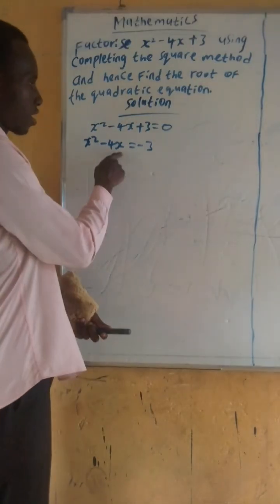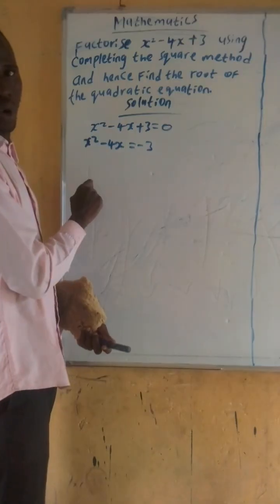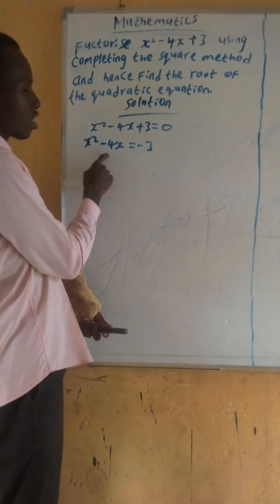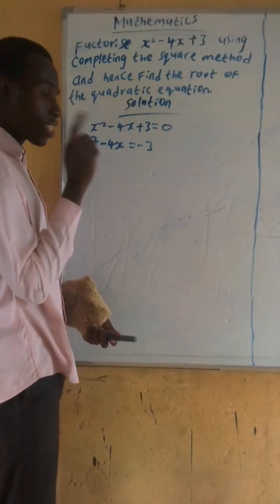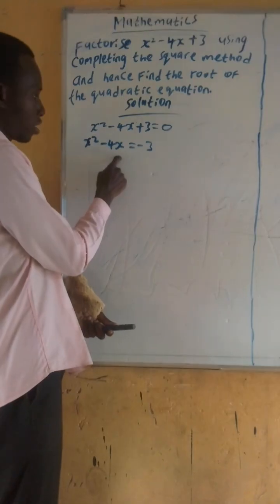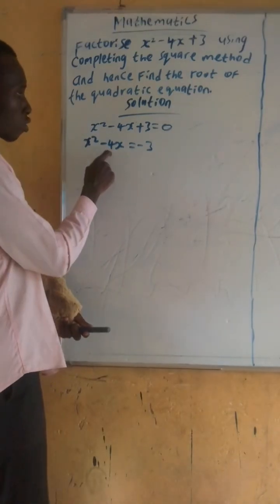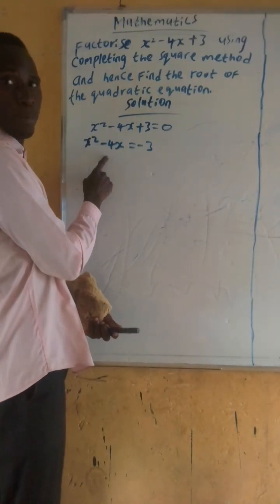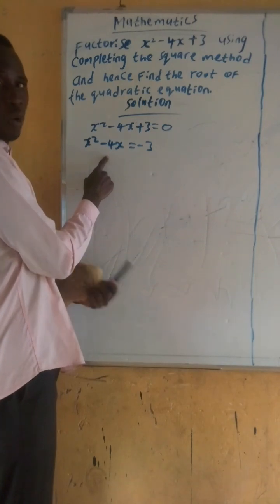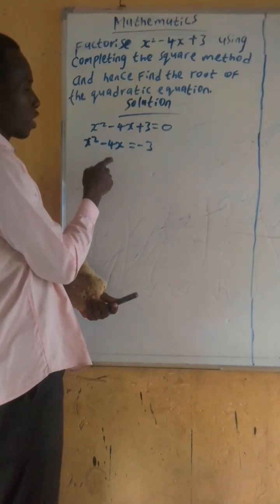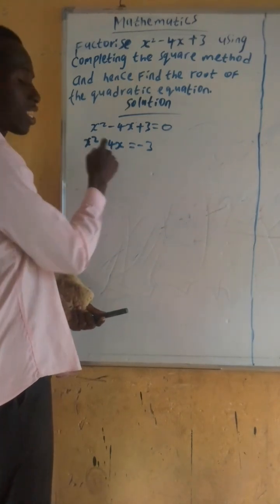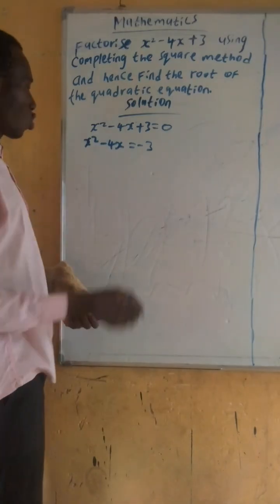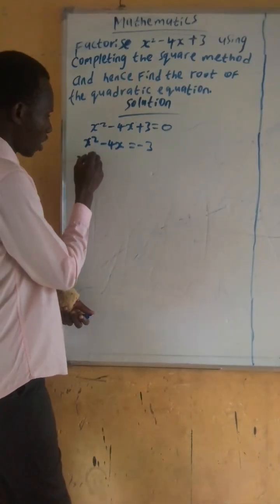So now having done that, the next step is that we are going to neglect this x here in this minus 4x. Then we divide minus 4 by 2. We say minus 4 divided by 2. Then we square it and neglect this x. So we are going to have x squared,